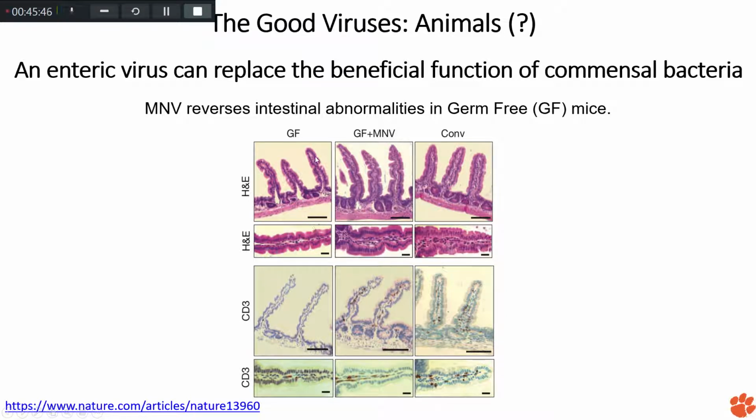But now what happened if you just infect these germ-free mice with the MNV, which is the murine norovirus? It doesn't infect human beings. This is for the mouse norovirus. And you can easily see that they actually get better. So you can compare to this picture from the germ-free without any norovirus. And when you add the virus, and of course this is the control that contains the norovirus. But here, from the germ-free, no norovirus, to norovirus, you can revive them back to almost normal cells. So this is doing something to these.